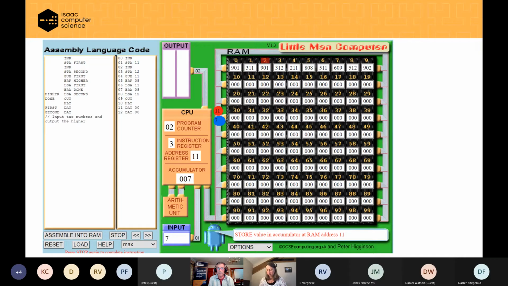I also like the Little Man computer for the way it allows students to visualize RAM. You know, we talk about RAM all the time, even from Key Stage 3, but what a fantastic representation of it. I know it's very limited in that there's only 100 memory locations, but it really brings it home to me that RAM,